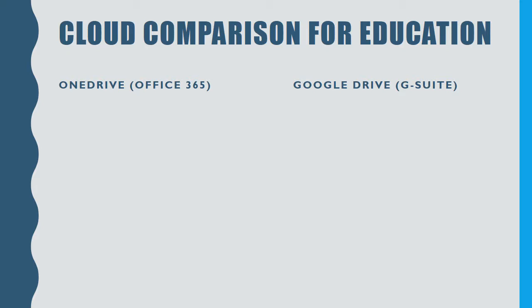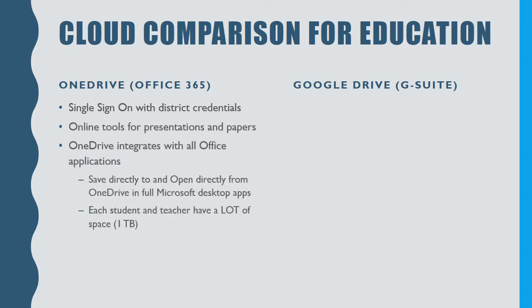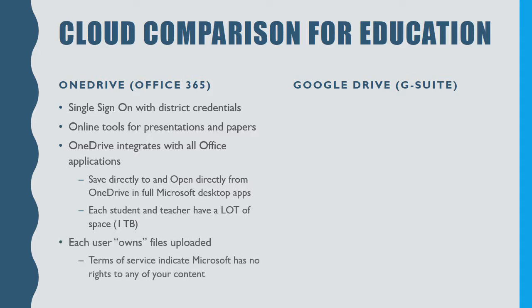First, Microsoft Office 365 has OneDrive, and you sign in, single sign-on with your district email and password. You have a whole slew of tools and presentation apps and research tools. The benefit of OneDrive is that it's a Microsoft product, so it integrates with all of our Office applications, of course, for teachers our Outlook, for students and everyone else, Word and PowerPoint and Excel and Publisher, and you can save directly to and open directly from OneDrive in the full Microsoft desktop apps. You also get a full terabyte of storage, which is a ton, way more than we've ever had on our H drive. The other benefit is that we actually own all of the files uploaded, and this is a big deal